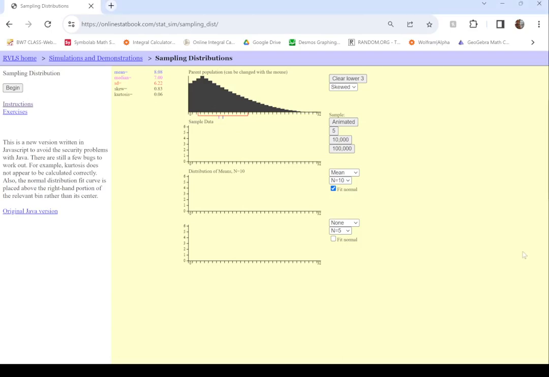Okay, so what we're going to go over here is a demonstration of the central limit theorem. Just to rephrase what the central limit theorem states: if your data is coming from some distribution, and you don't know what the distribution looks like, but you know the mean and the standard deviation,